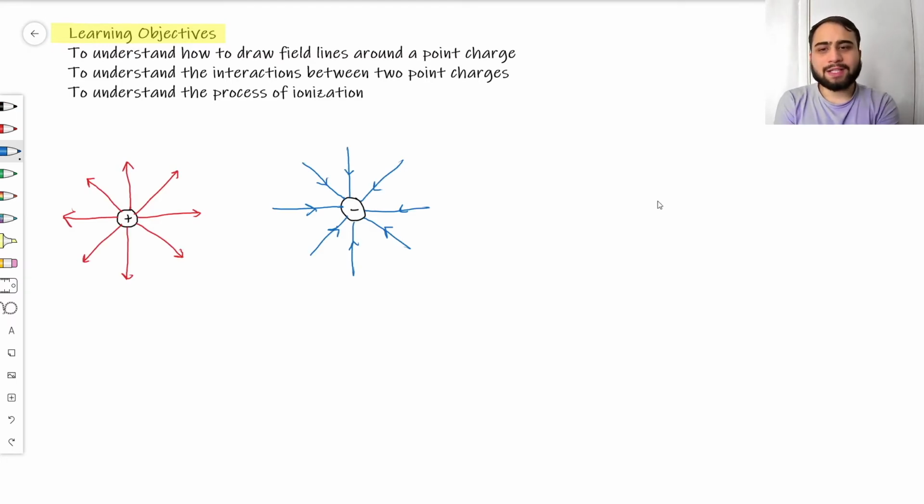Okay, so here I have 2 point charges. Now, why am I saying point charges? Well, we just assume that these circles here are an infinitely small point of charged cloud, right? A charged particle, really. So one thing that you need to know is that field lines, so that's these lines with arrows around these charges,